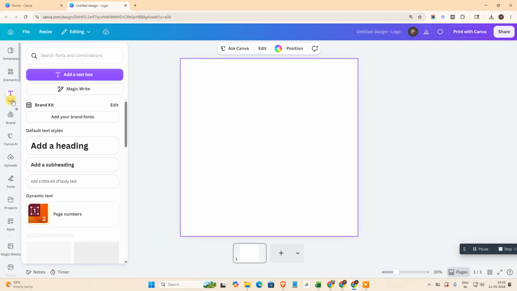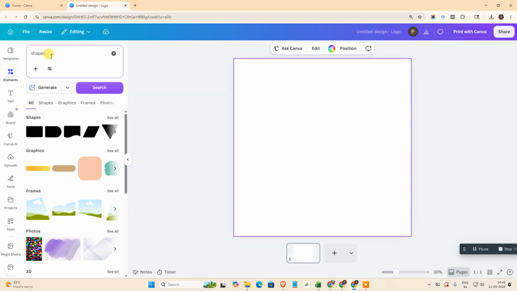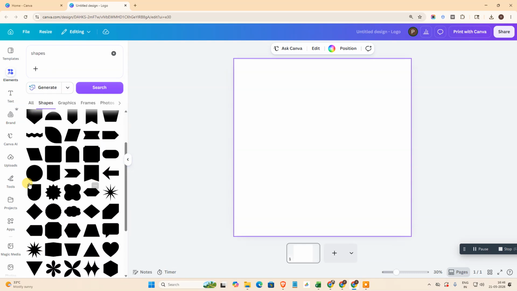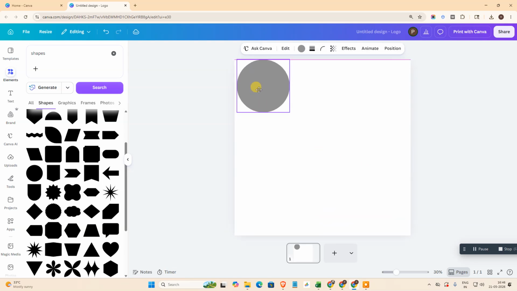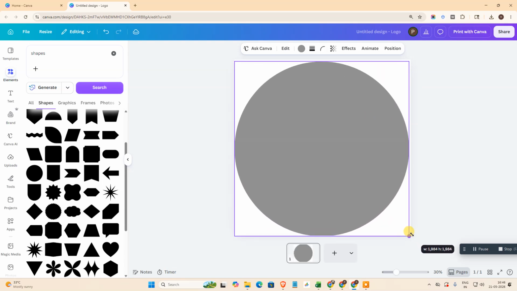Okay, so now we go to the elements and search for shapes here. Go to the shapes option, go to see all, and choose the circle shape, click on it and just keep it at the corner and hit the alt button on your keyboard, hold it and drag and make it maximum size. Just make it fit the shape like this. Okay,